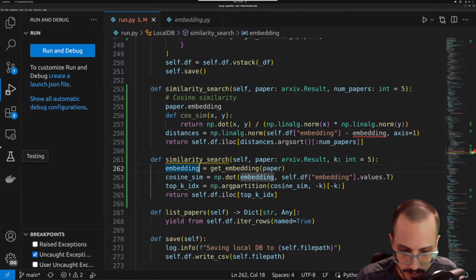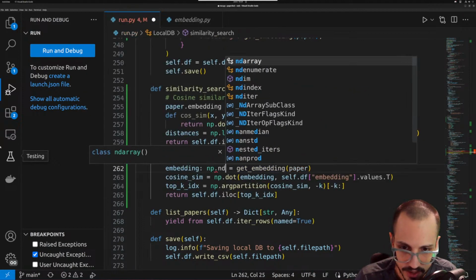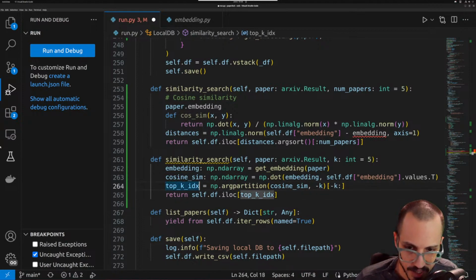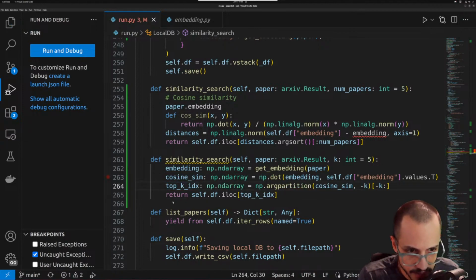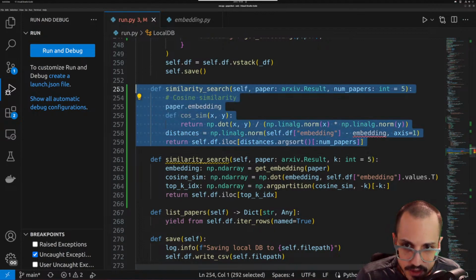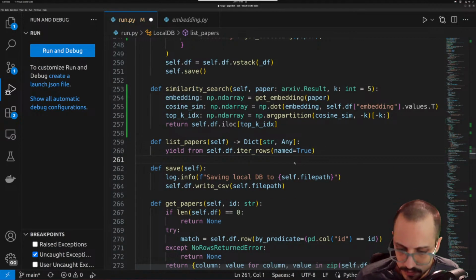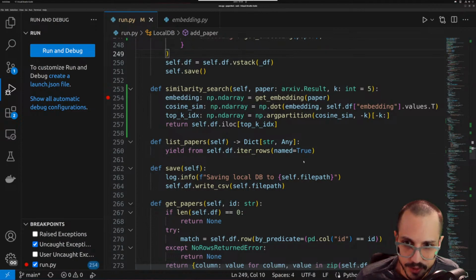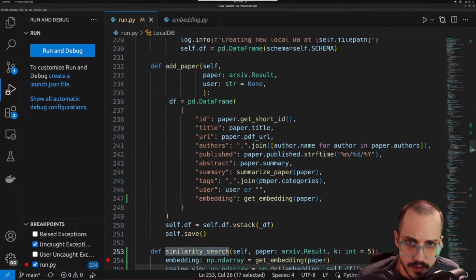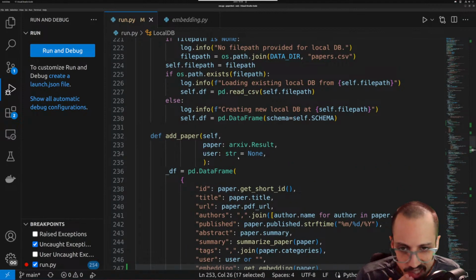Make sure we type this. This is an np.ndarray. Cosine similarity is also going to be an np.ndarray, and then top k is also going to be an np.ndarray. Let's get rid of this. Let's put a breakpoint right there. Add paper,